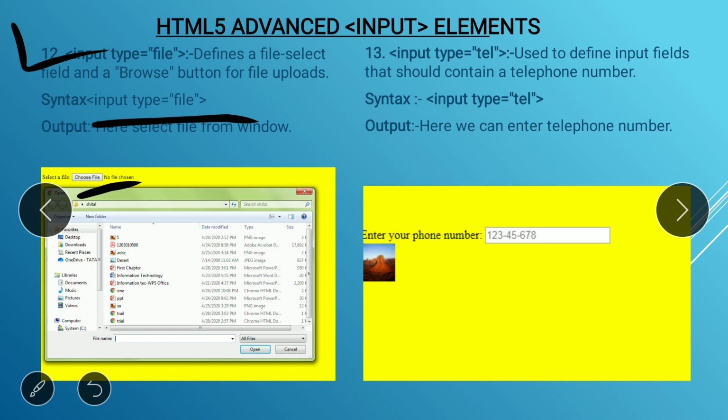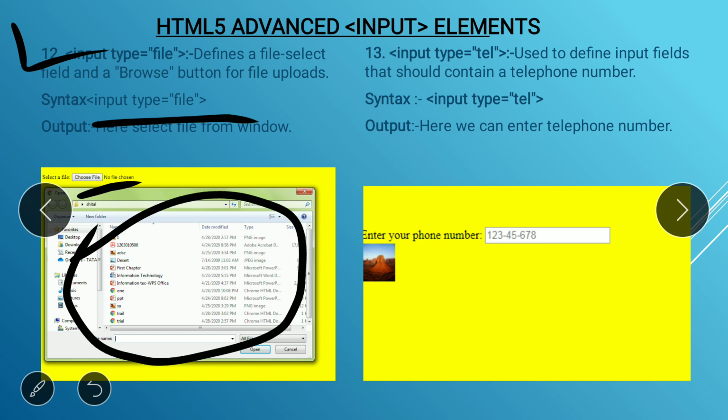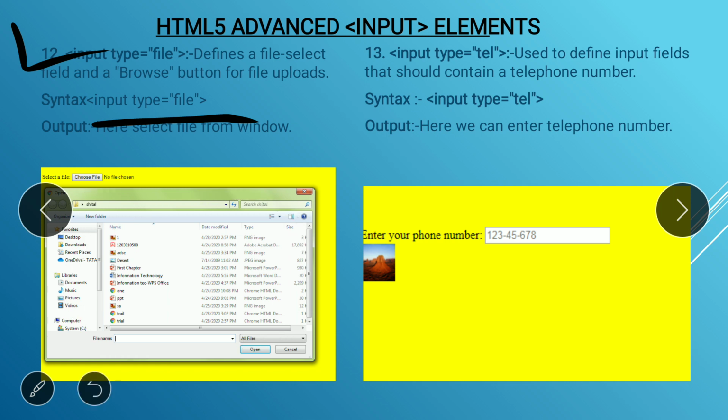When you click on the Choose File button, one window appears and you have to select a file from that window, and then click Open. Then you can see the file name here, where now you can see no file chosen, and once you select a file, the file name will be shown. Okay, this is the input type file.